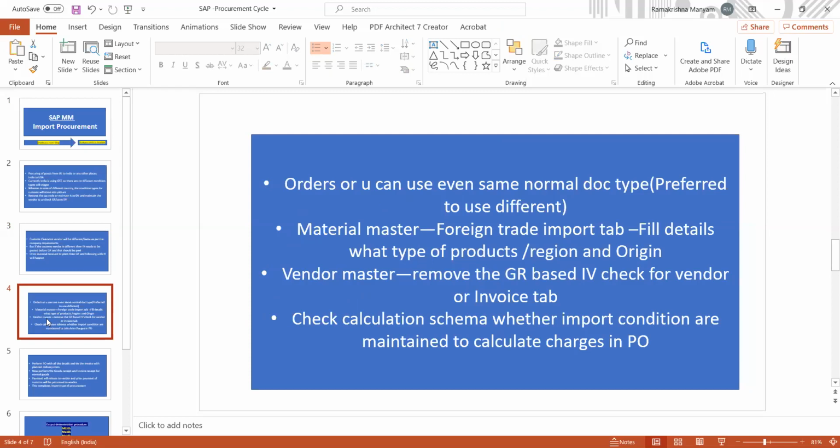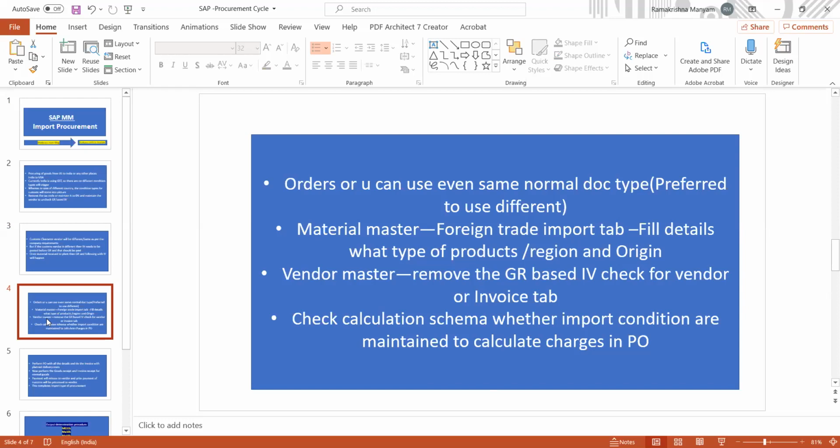Coming to the purchase order document types, normally if you're working for any organization, you'll have different document types for import procurement. But as you're practicing in an IDES system, you will process in the same document type, with some checkpoints for import procurement, and as per that you need to maintain all the categories. I will perform today with NB type only, which is in the IDES system.